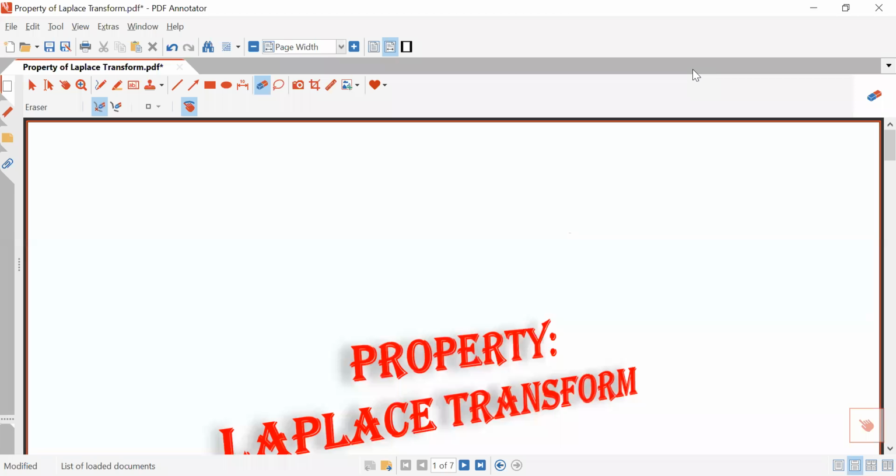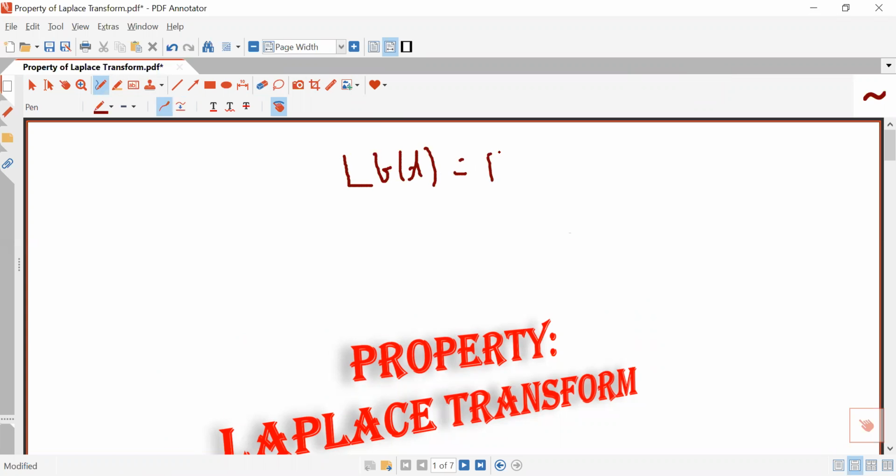In this lecture, I will discuss some of the properties of Laplace transform. In the previous lecture, I have already discussed the concept of Laplace transform, how you can get Laplace transform from the Fourier transform. And also I have derived Laplace transform of some important functions. As I have discussed in the previous lecture, Laplace transform of any function f(t)